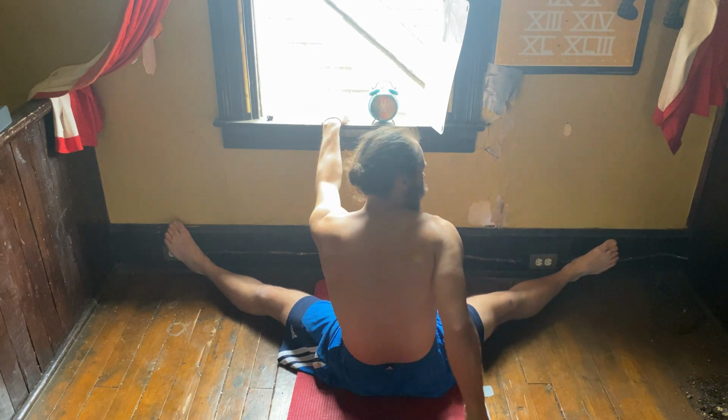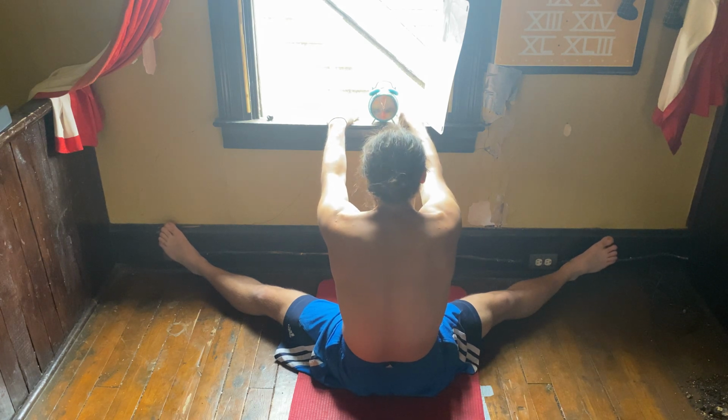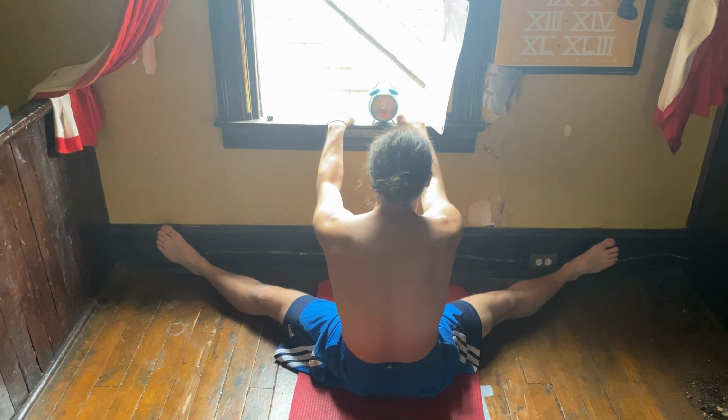And just make sure you're even, you're parallel. There's always going to be one side that's a little bit more. You're just going to have to work around it. Do whatever side you feel. The other side will come into play eventually. As you can see, it looks like I'm a little further already. I don't know how much further, but